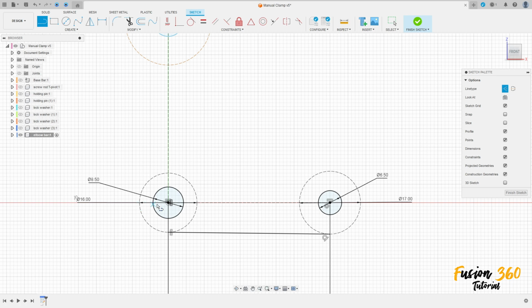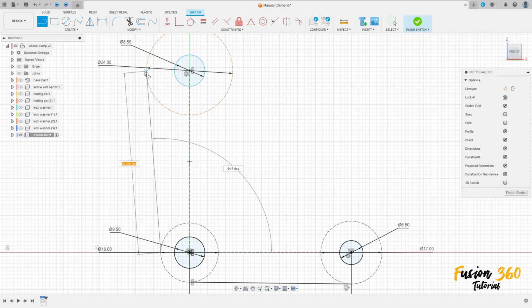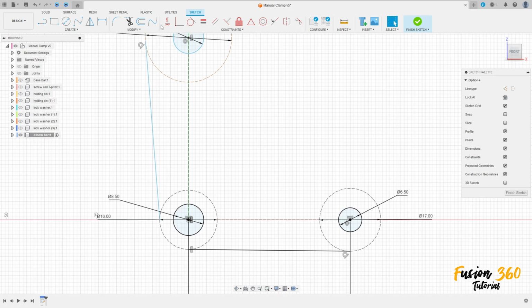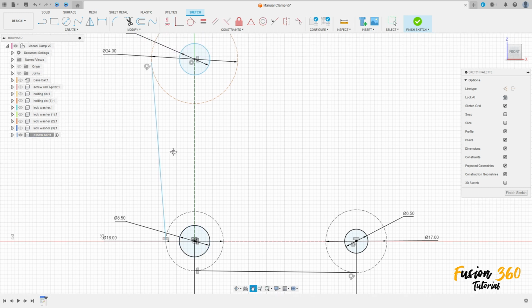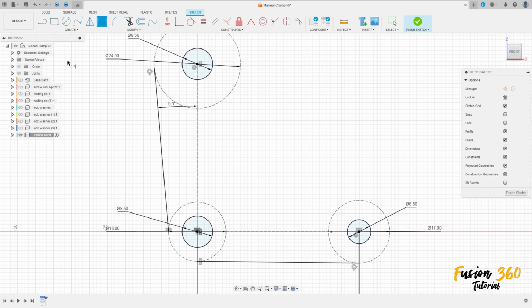Select the line again. Make a line between this point here and this circle. It is not a construction line type, okay? Make sure that this line is tangent with the circle. Go to constraints, horizontal, vertical, click in this point here and this point here. Go to sketch dimension. The angle here is 5.1 degrees. Okay. Now